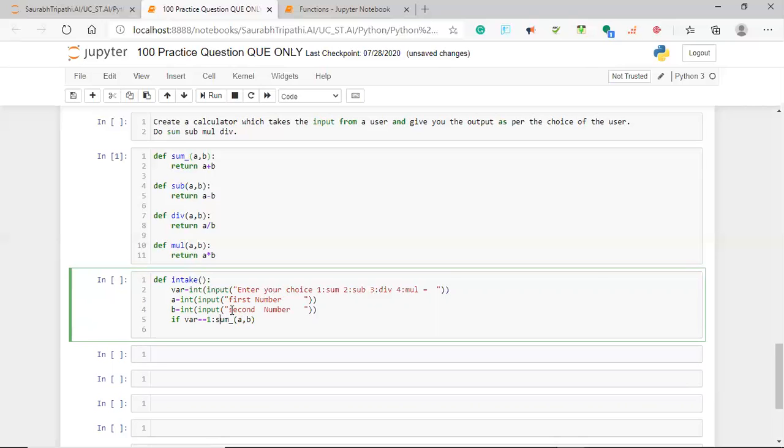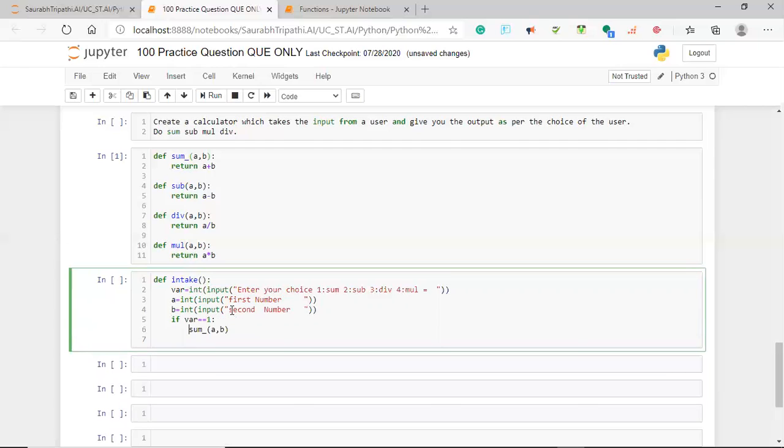Okay, so whatever value we get in the return, we simply want to print that value. We can take a variable too. So again guys, if you want to take a variable, you can take a variable. If you don't want to take a variable, you can simply print the value. I'm taking a variable to make it more precise. Okay, I'm printing